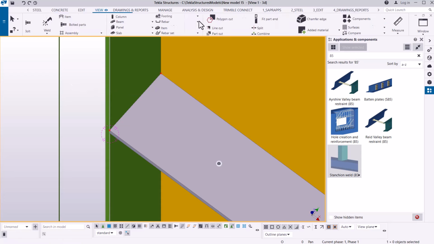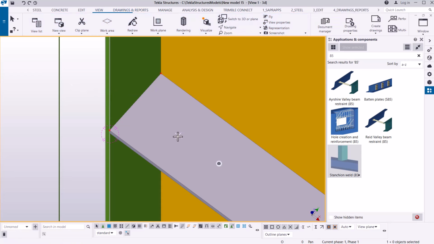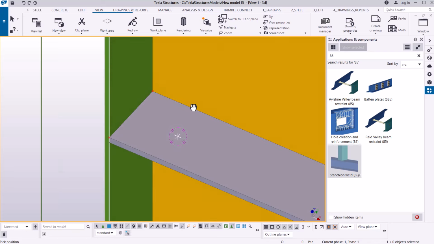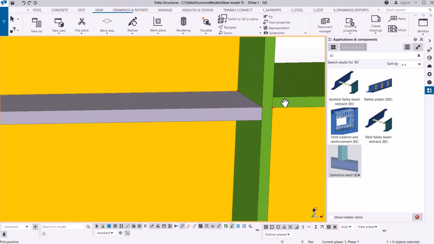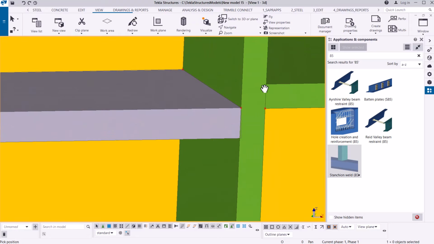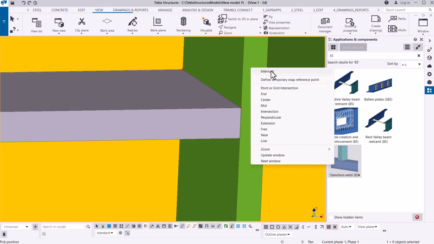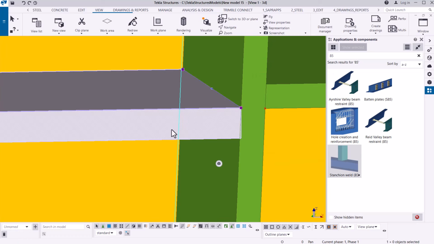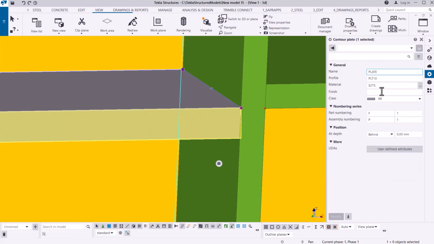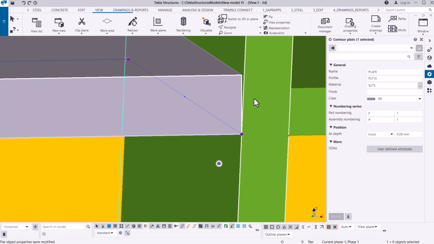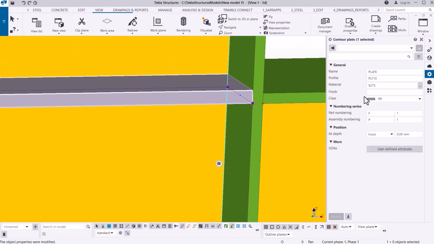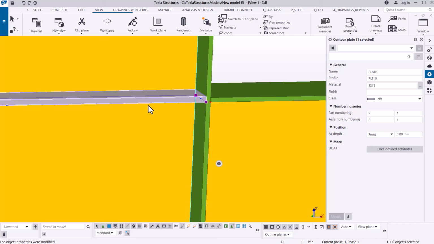So now I want to see this accurately and cleanly, and come to navigate, and I want to rotate like that, like that, and you can see it's slightly off, and we want to take that upward. Now I'll click on it. We'll just double click on it, and we'll have its properties in here, and we can shift that upward by maybe picking the front option, and that will take it right up there. So that has been created, and the thickness of the plate is 10 millimeter, and that should not vary,